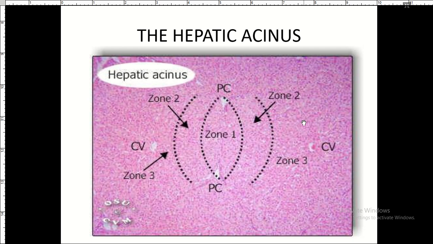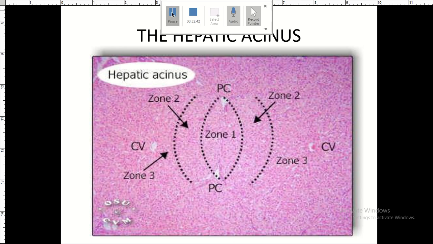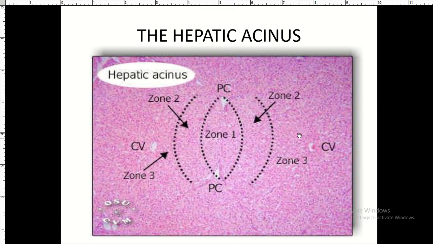So hepatocytes in zone number three get the least nutrient and oxygen supply. So that's where most of your detoxification and anaerobic metabolism occurs. So this becomes your hepatic acinus,